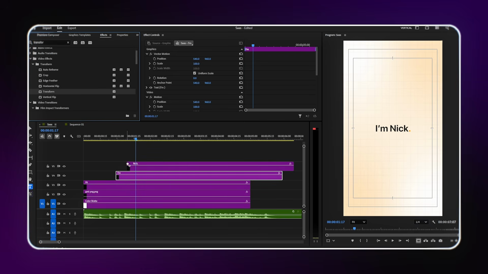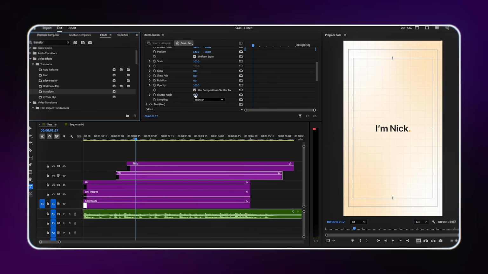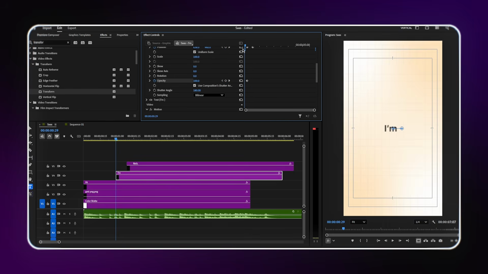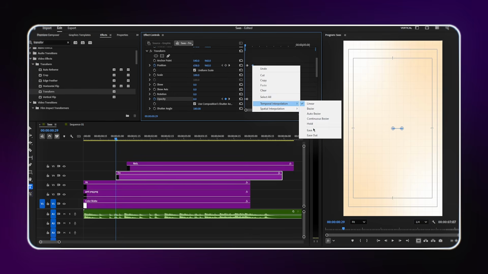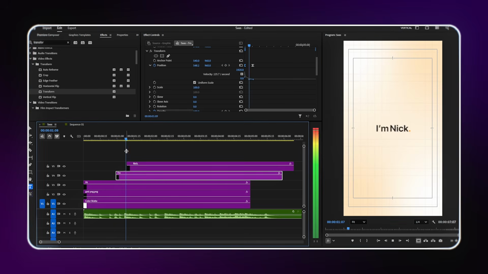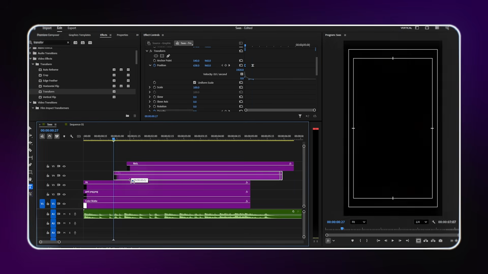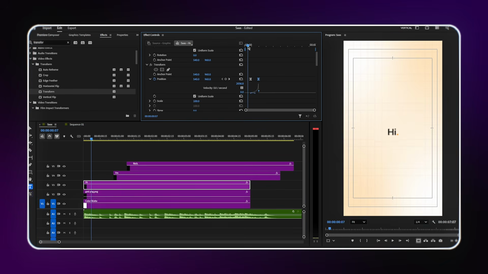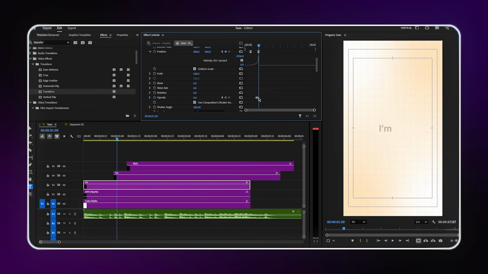Now I add a transform effect to the first word. Same setup: shutter angle 180 degrees, position keyframe for the slide up animation, opacity keyframe for the fade in, and adjust the graph for the smooth deceleration at the end. I stagger the layer timing so as the high word disappears, the first word of the next text becomes visible at the same time. The transition between the two is seamless, it looks like a continuous flow,